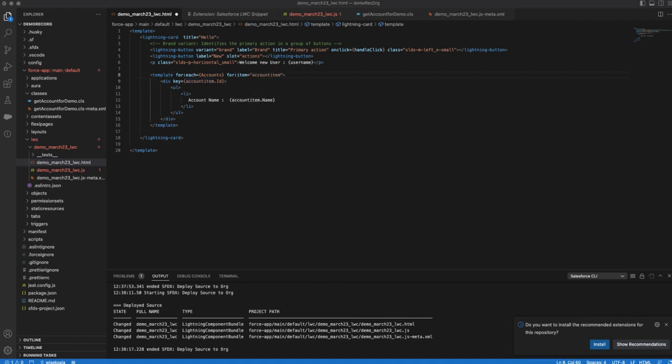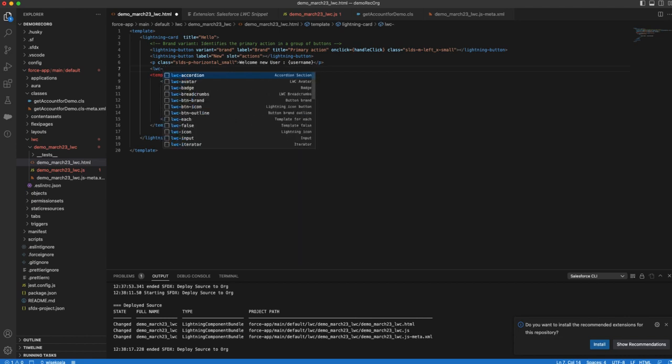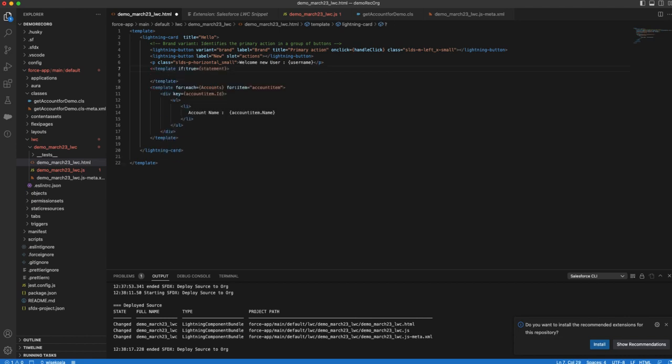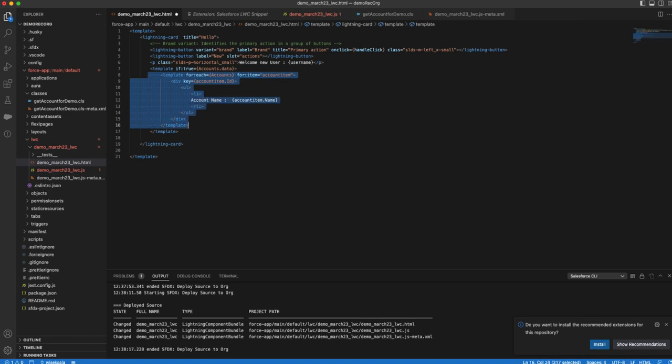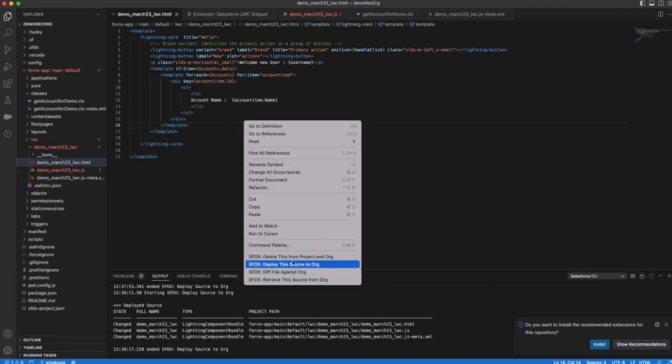And I can also use true if condition here. So how will I use this? I'll say LWC if true, like this I can use it, and I will say here, like this, if true equals to account data, then just show this, otherwise don't show it. So very simple. And now I will show here account name. Let me deploy this,